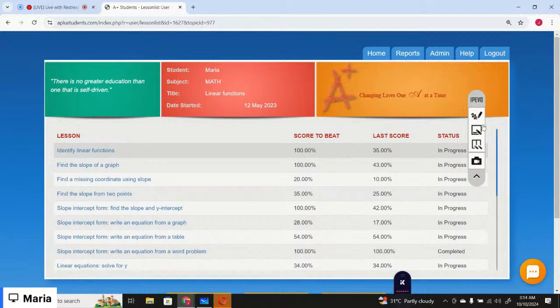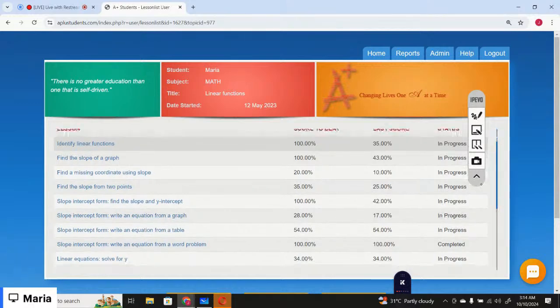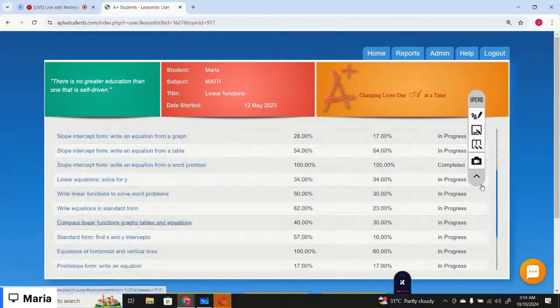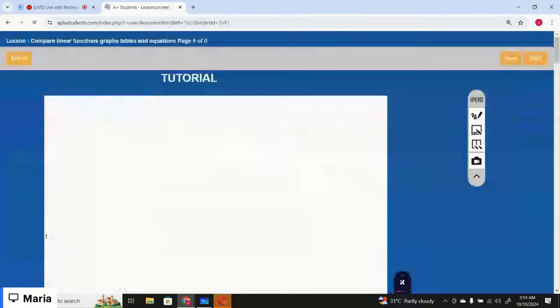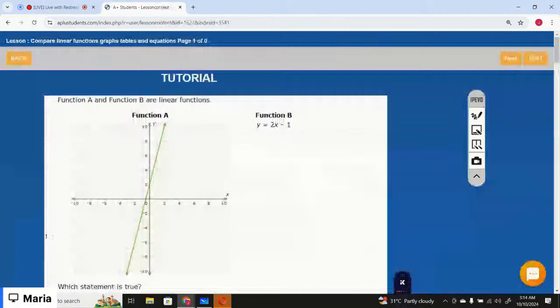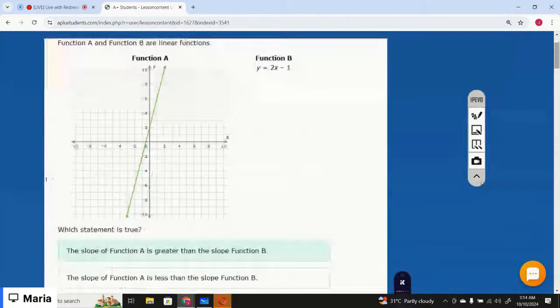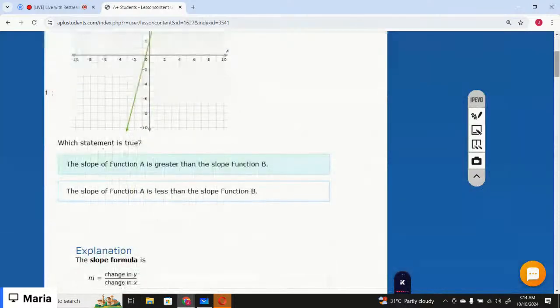Okay, the next lesson is compare linear functions, graphs, tables, and equations. Function A and function B are linear functions. Which statement is true? The slope of function A is greater than the slope of function B. The slope of function A is less than the slope of function B. That means you are going to compare the slope of these two